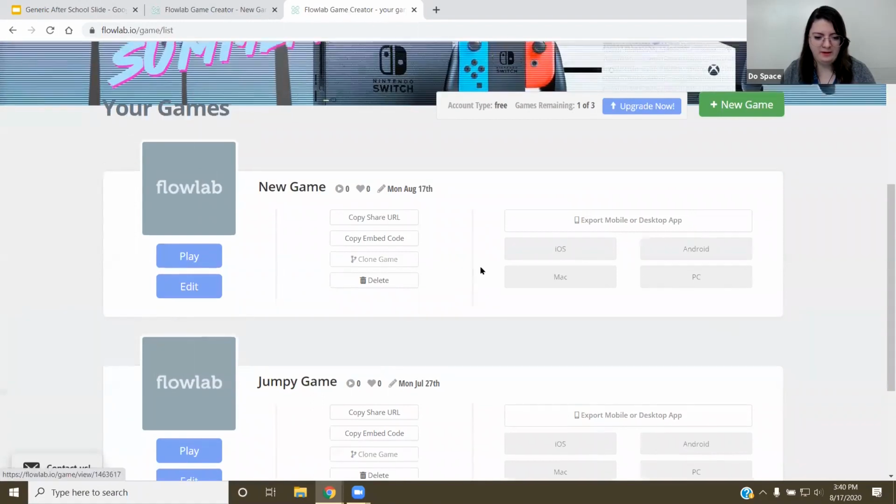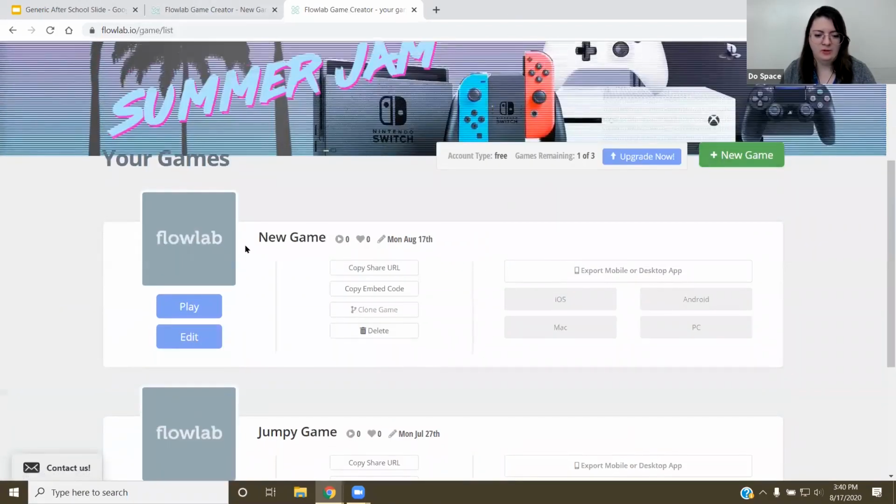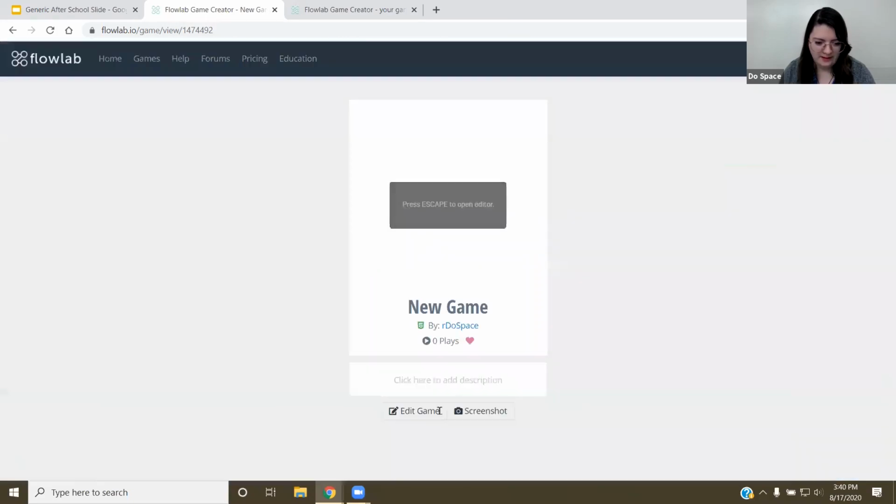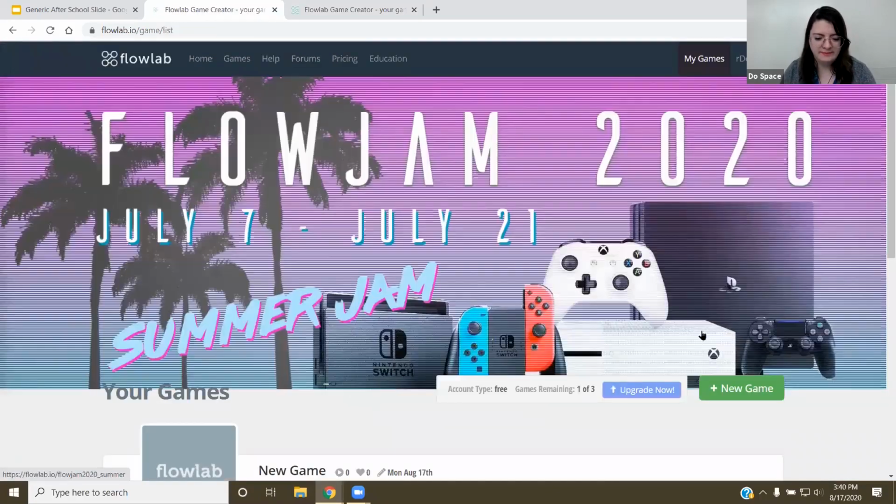Got new game here. If you're wondering why I opened a new tab for the game, it's because there isn't really much, like I have something at the bottom of my screen. Let me put that to the top. There we go. Here's the thing at the bottom right here. If you go to play, then you can go back to My Games, but I just went to a new tab. So I'm just going to go back to My Games.